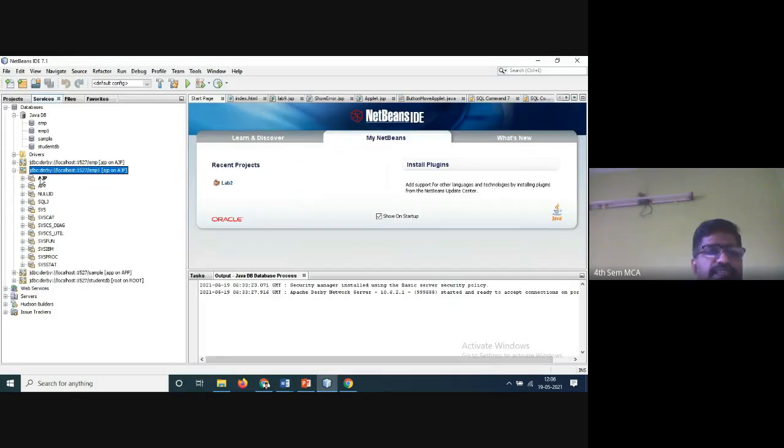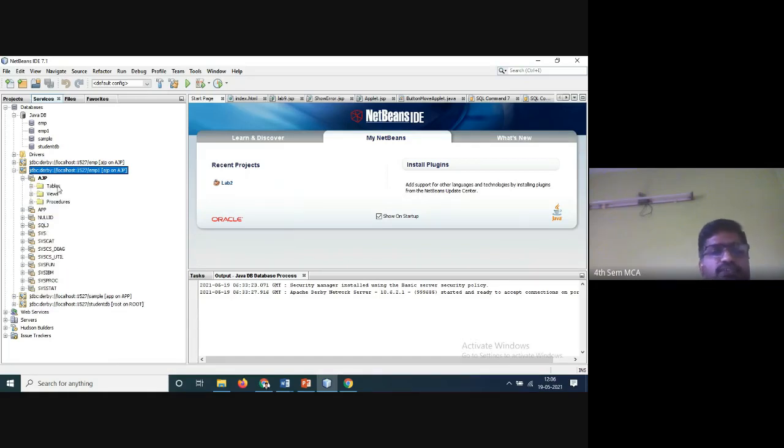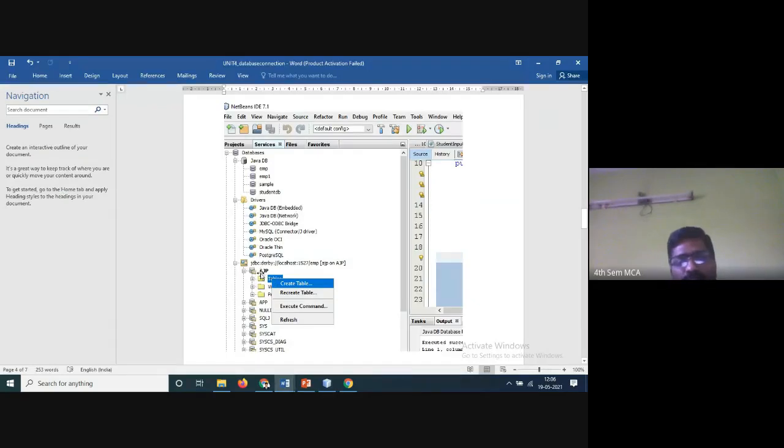Now AJP is there. So you have to click AJP here. Once you click this, you will get the tables, but nothing is there, that is the reason it is not displaying anything. Now select the table and right click. Now here you see AJP, under this, create the table.